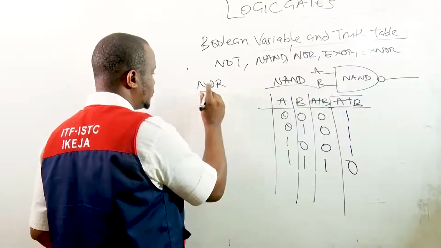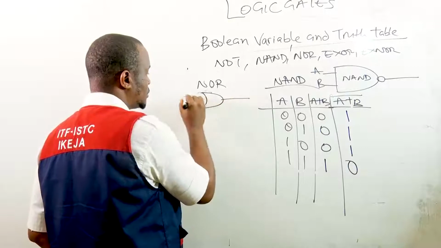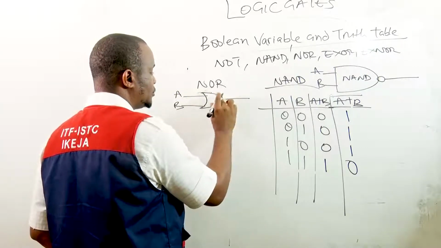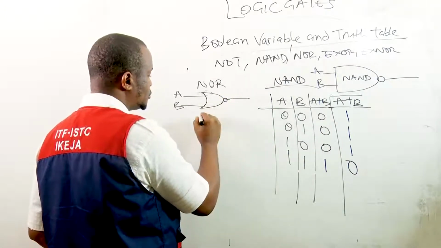Remember the symbol for OR? This is the symbol for OR. Okay, a 2-input OR, A and B. Then you put a circle here, that's a NOT. So the truth table for this,